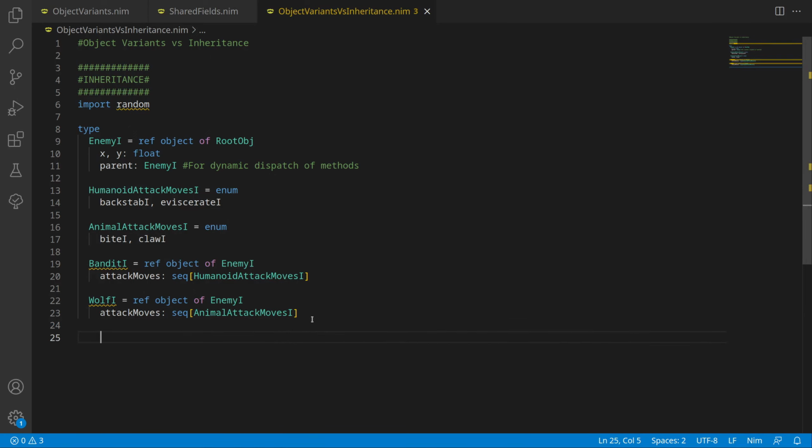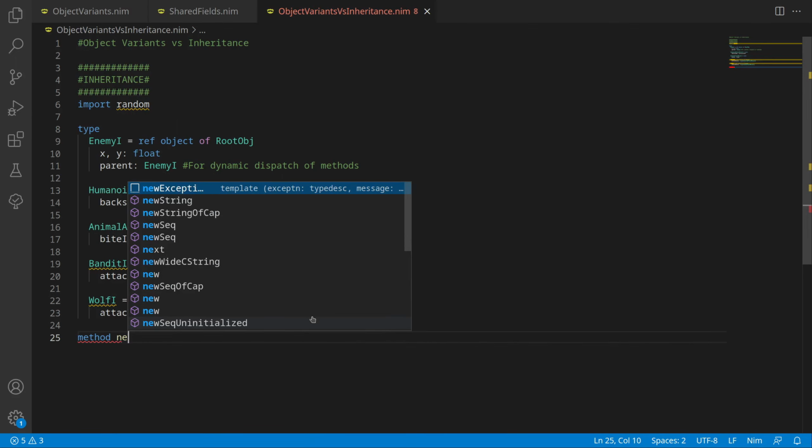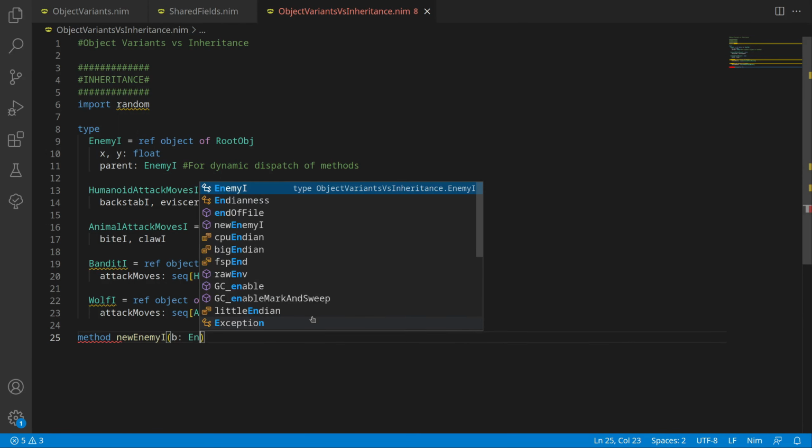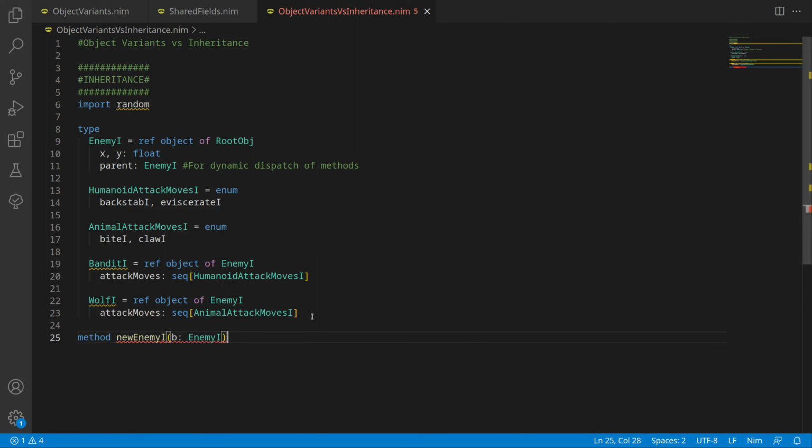First, let's write methods as constructors for our parent of enemy I, bandit I, and wolf I. These constructors will be essentially useless because, again, methods require objects as parameters, so we can't give them the parameters we want to make creation of these objects via constructors easier. Object variants will be able to do that. So first, for the parent, method new enemy I, parameter b as enemy I, and then the return type, enemy I, and then the base pragma, like this,